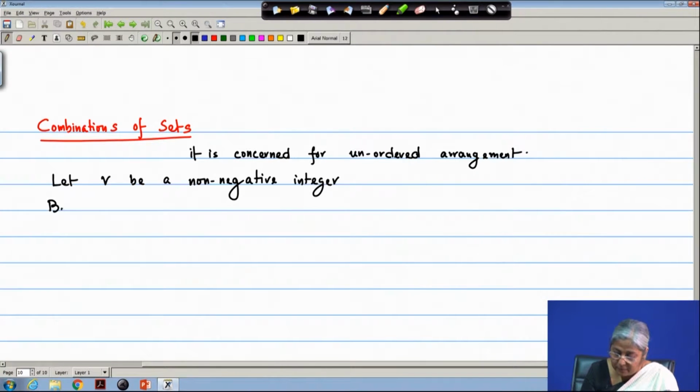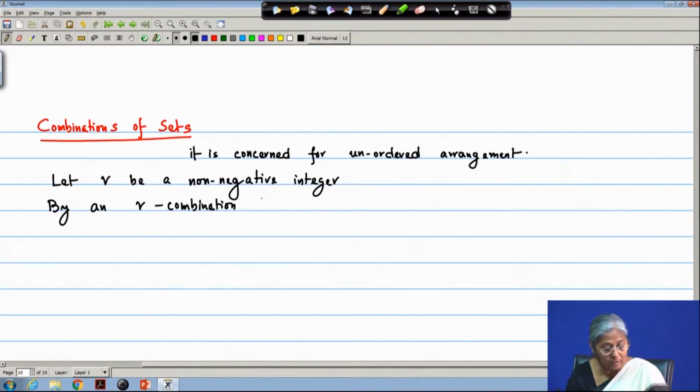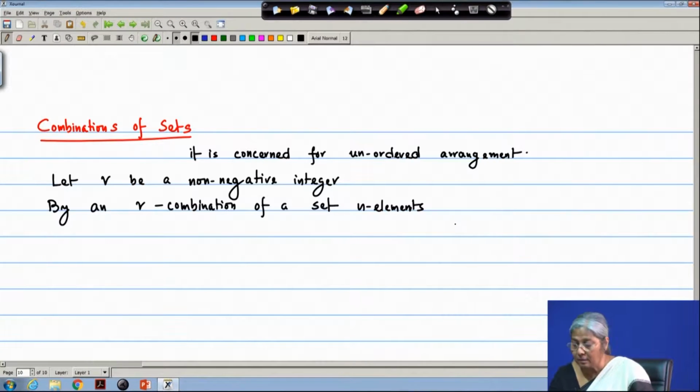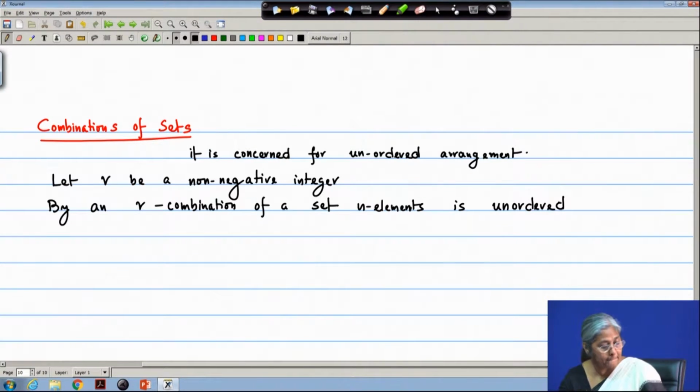Now, by an R combination of a set of n elements, what we understand is an unordered selection